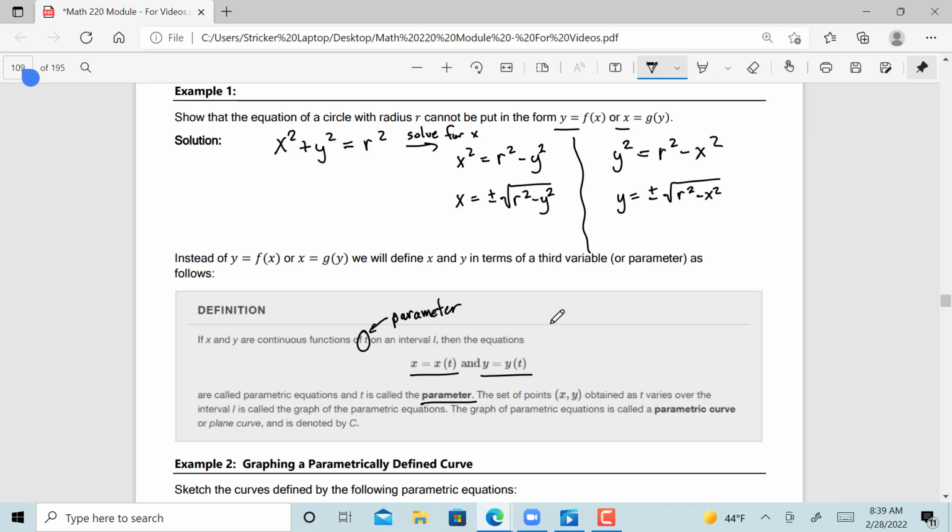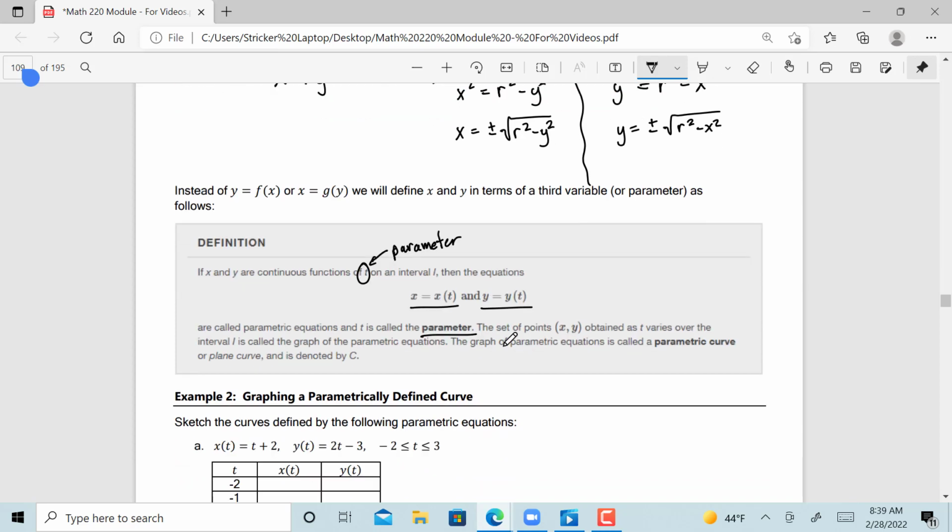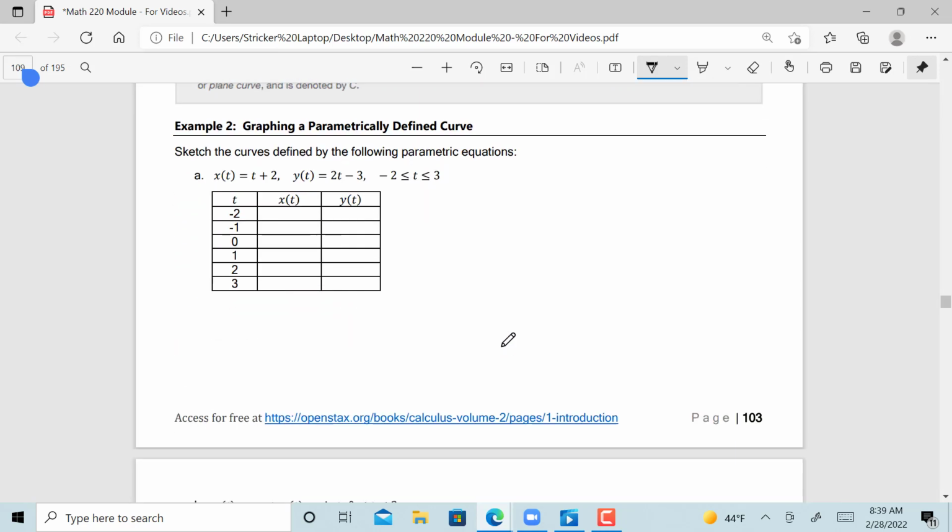And when we graph those parametric equations together, we get what's called a parametric curve. Now, it's still a two-dimensional curve, but it's defined by two separate functions, both functions of t, which a lot of times is a function of time. So let's see how this works. If we move on to example 2